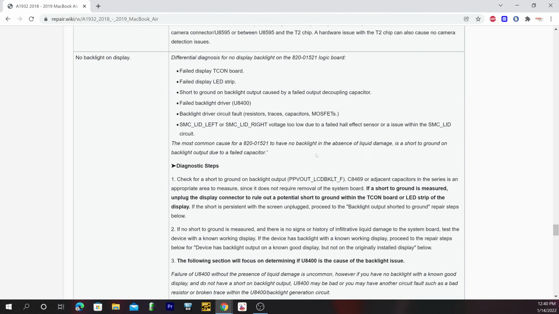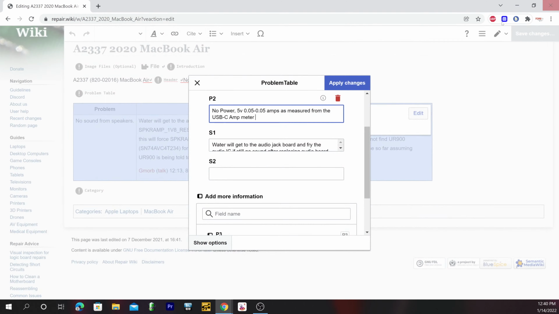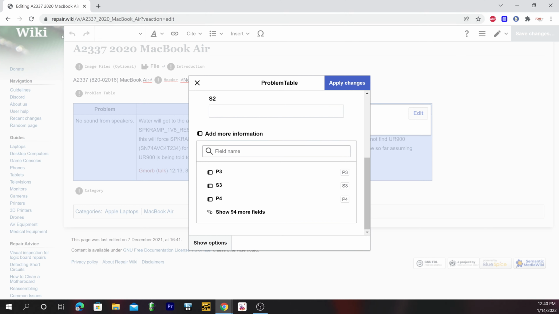We're going to do the same thing on the M1 machines, starting with no power. I may actually change the 0.5 to 0.2. I think that might give a better representation because some faults may fall out of that at times. So for problem 2, we're going to write the same thing we did on the A1932: the most common cause of 5 volts and 0.0 amps is going to be a short on PP bus AON. That's not going to change on the M1 machines. That's still the most common cause, and the ones that we've seen